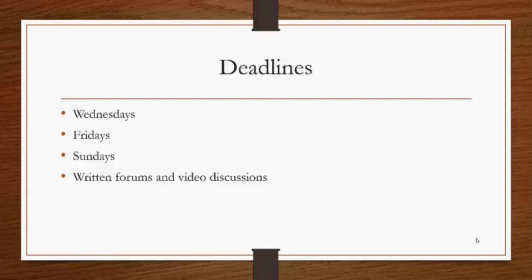So please put these regular deadlines in your planners right now and set aside time to hit each of them. You should be checking your emails every day. Your CMO email is how I'll reach you, but you should factor in that you've got to do a bit of work constantly. Now, obviously, it doesn't matter when you do that work. I know a lot of you are working, so you want to do it at 2 a.m., you go ahead and do it at 2 a.m., but just make sure you hit the deadlines, okay? So they're Wednesdays, Fridays, and Sundays.